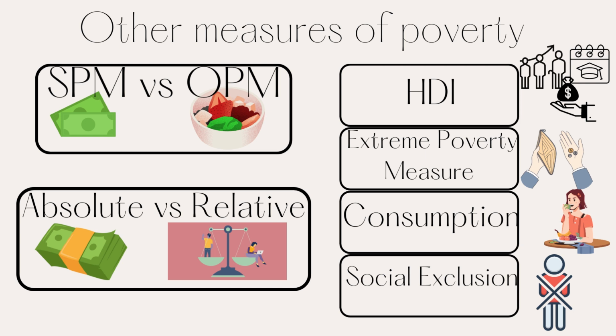First, we go into the SPM, which is based on the amount of financial resources that are used to achieve a standard of well being, such as the cash income plus the non cash benefits and the near cash benefits, which are taken into account in order to assess someone's poverty threshold.